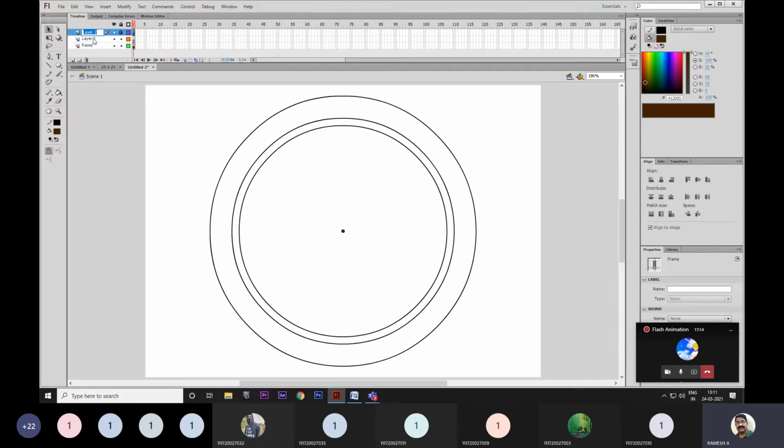Layer 2 is the dot. And layer 3 I will make the seconds hand. Okay, now I'm going to create the seconds hand on this, from exactly the circle center, otherwise I will draw outside also.